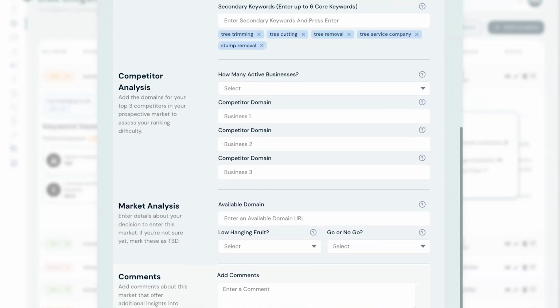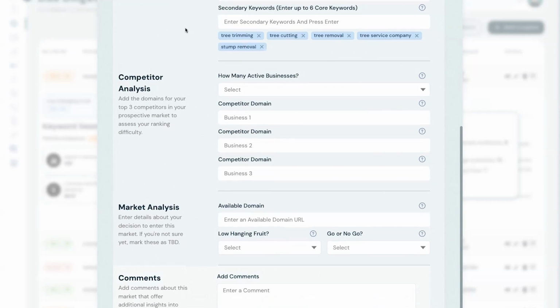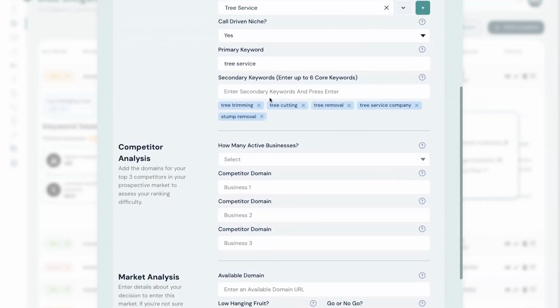You're not trying to just rank for tree service. So when you're looking at a city and niche, whether you're using Rank Engine or you're doing it manually, if you're not looking at all the keywords you want to rank for, then you're not actually looking at what it's going to be like to rank in that city and what the competition is like. So make sure you're using 5 to 6 keywords and make sure you've done your homework on what those keywords should be. Don't just randomly come up with words, okay? But that's another topic for another day. So keep going. Yeah, that's a great point, Nick.